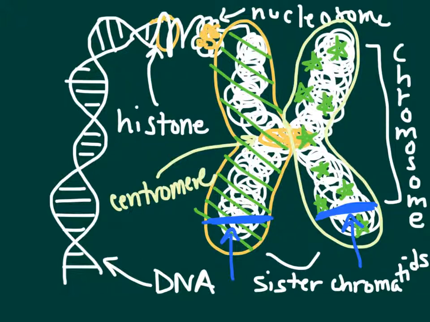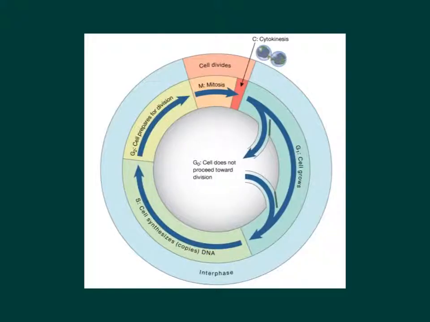Maybe like your sister chromatids, are those together? Yep, they're attached at the centromere. This becomes important to us because this is going to be a major player in mitosis. So yesterday, we looked at this particular process, the cell cycle. And I told you